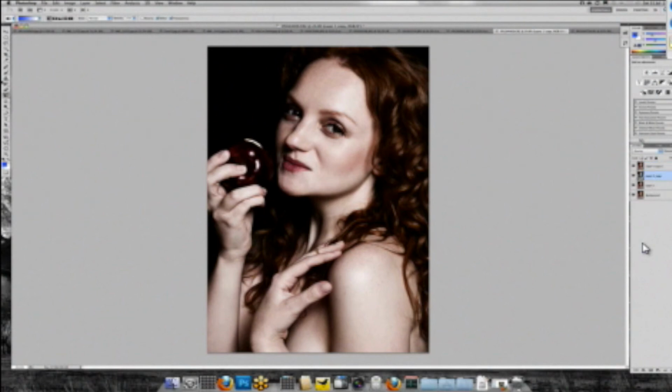So if we come to the black and white layer, get the eraser tool just in the same technique that we did before, and then start rubbing away at her hair, we can get those lovely copper tones that she's got as a natural highlight to her hair, and start to just bring that back a little bit. I did it very quickly there. But all of those highlights come out so much more prettily, and they really stand out,